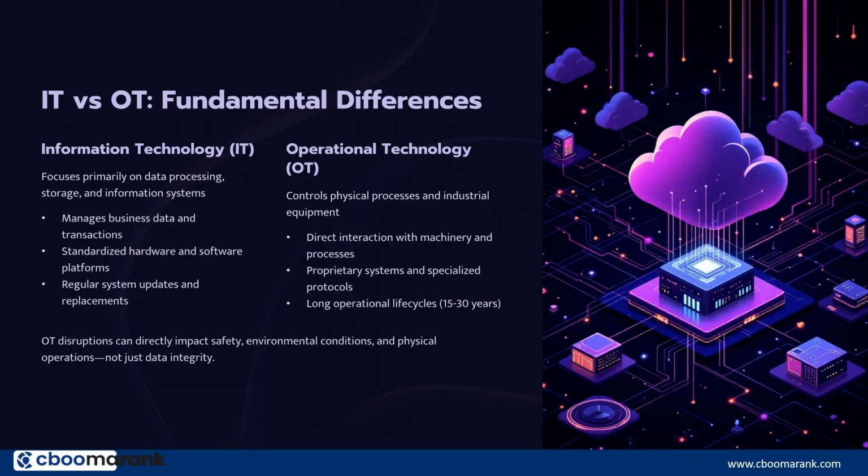In an IT environment, the primary priority is confidentiality of information. While downtime is inconvenient, IT systems can usually tolerate updates, reboots, and system changes. This flexibility does not exist in most OT, or operational technology, environments, because this leads to one of the most important concepts in industrial cybersecurity. IT and OT systems operate under very different priorities and constraints.